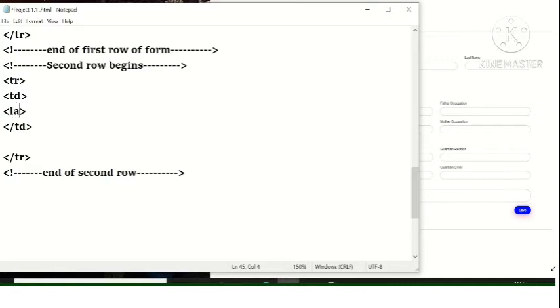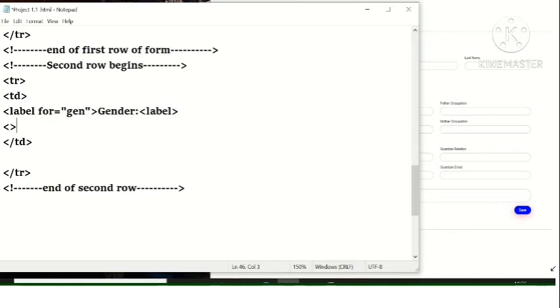Students, here we will be using the label tag. This label tag is used, as the name itself suggests, to give a label for a particular ID that will be used in the form. For example, we have given a label for gender, and we have specified the value GEN.